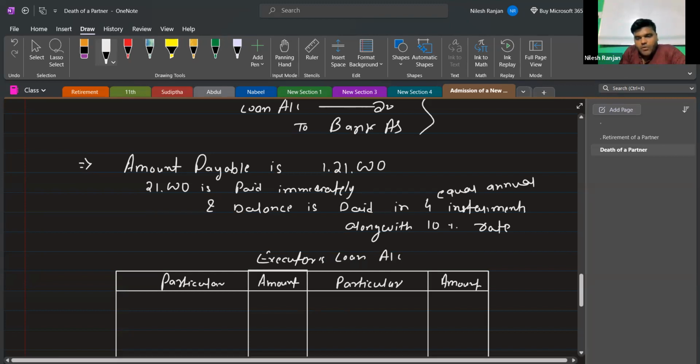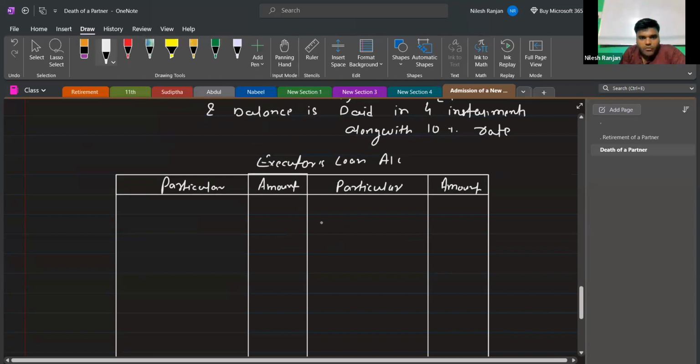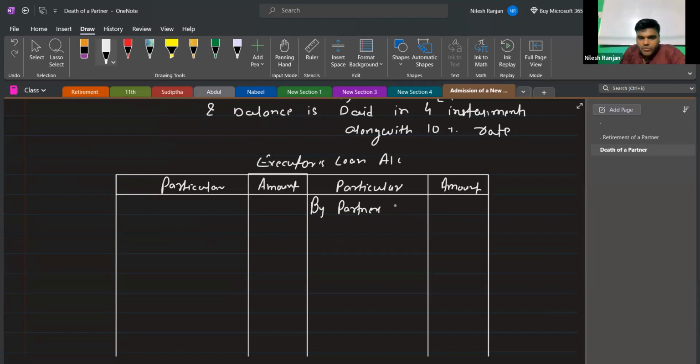First, when the amount is transferred from capital account to this loan account, the first entry will be for transfer by partner's capital account. It is 1,21,000. And it is said that 21,000 is paid immediately. So to cash